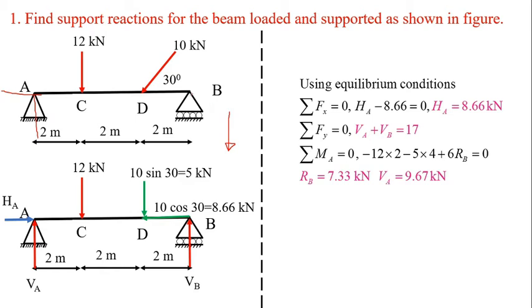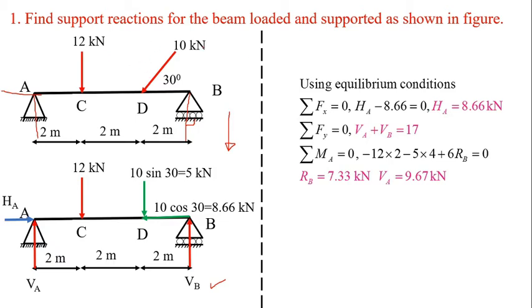Let us come to support B. Remove support B and replace it by a reaction. We know a roller support offers only one reaction, perpendicular to the plane on which the roller is resting. Okay. So, the roller is resting on a horizontal plane, so the reaction at B will be vertical. So, this is the reaction at B, VB, acting in the upward direction. This is our assumption. Okay. The 12 kilonewton force is acting as it is in the downward direction.